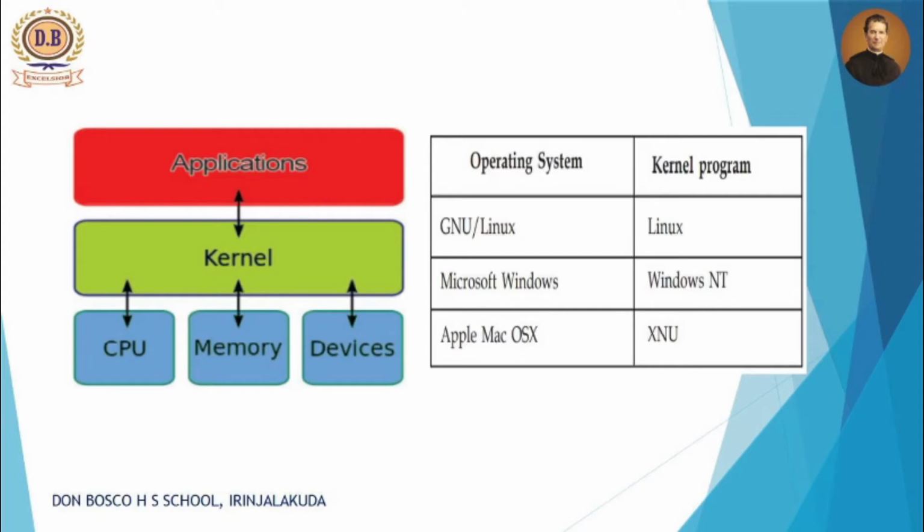So the operating system will work according to this kernel program in the backend. The program is installed in the computer itself together with the operating system. So based on this program, the operating system will work, and we can see the application software. We can see a graphical user interface. We can view it in the monitor. So this is the working process of operating systems in the computer. So study this picture and study the corresponding kernel program names of the operating systems.